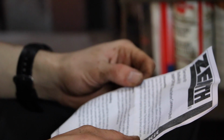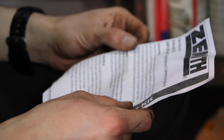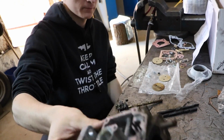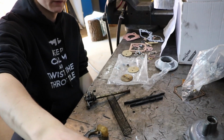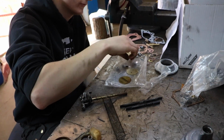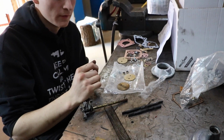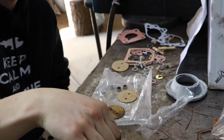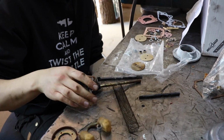I'm not supposed to read the instruction manual. So what we got here is the rebuilding kit for the carburetors. We got one of them completely disassembled and the other one is still intact, so we can go back and look at that one if we mess up at some point. I think all the parts we need are here, except the one part, these new rods for the valves,